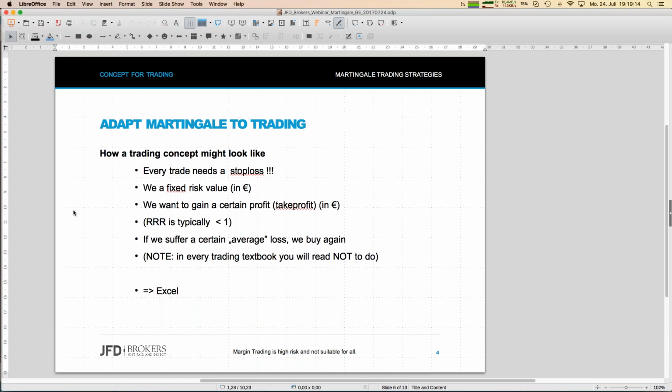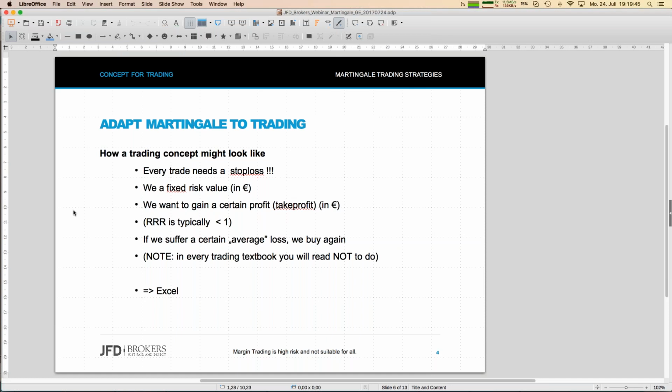So we have to be a little bit more tricky on that. In our language, that would mean we have a fixed risk value in euro. And later you will see I use that as a final risk value, or the panic stop loss, however you call that. So for the first trade, that final risk value will be such that the stop loss is really far away. But